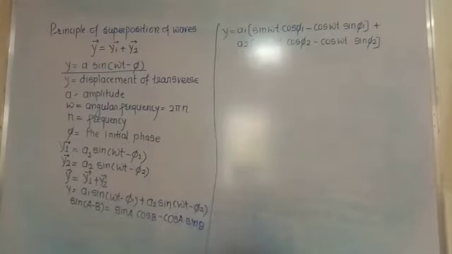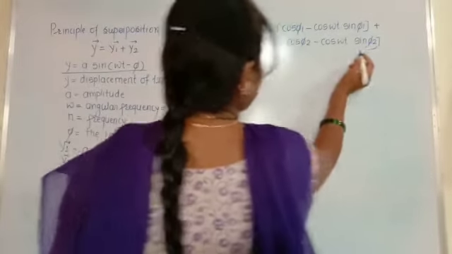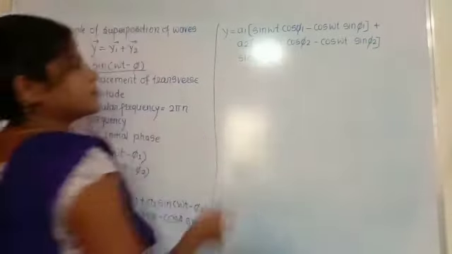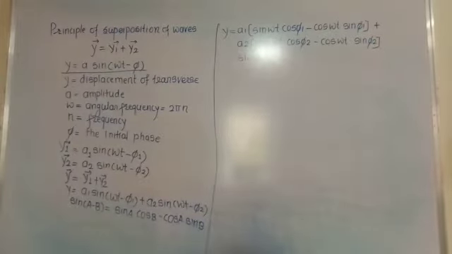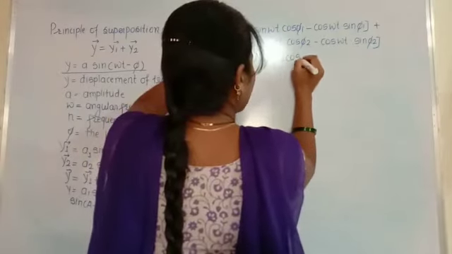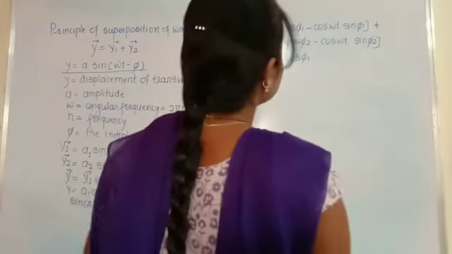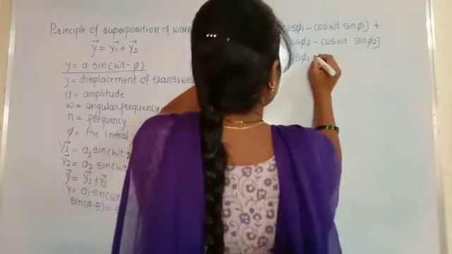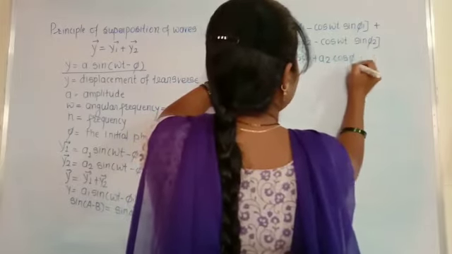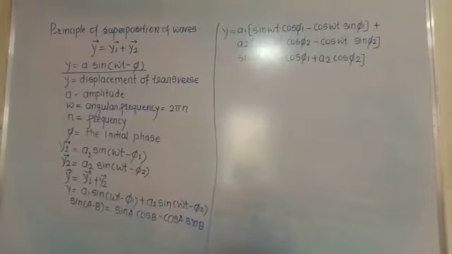So in the total equation we have sin omega t in both the equations. Okay, so we write sin omega t as common. So we get sin omega t with a1 cos of phi1. This is the remaining next term, and here plus a2 cos of phi2. This is the first term, that is sin omega t common, and then next minus